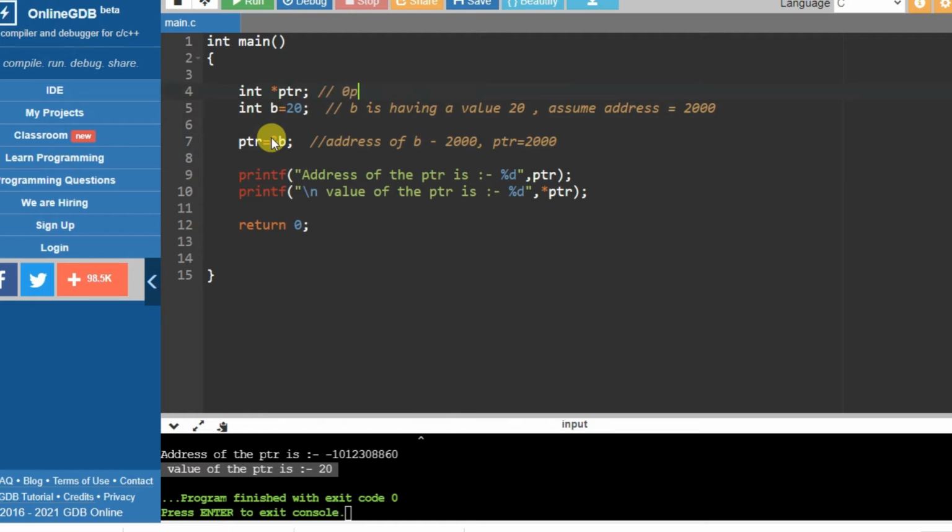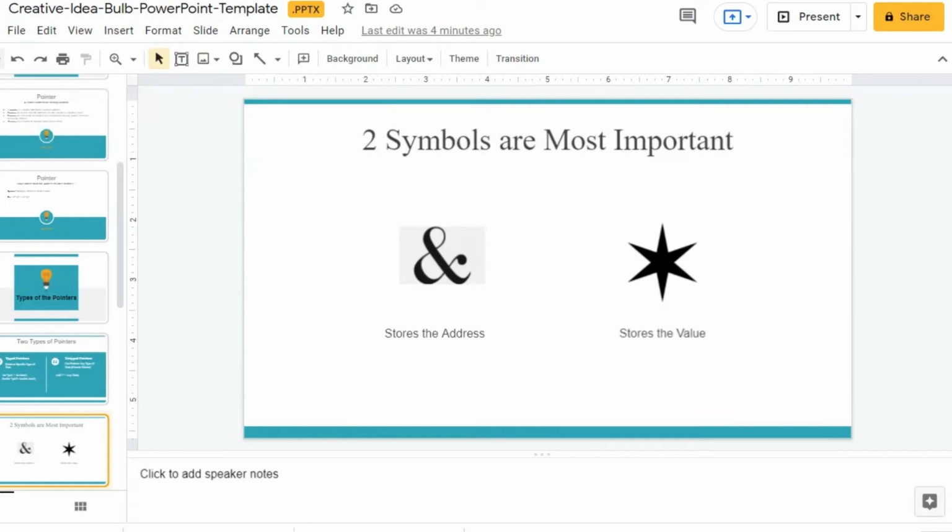Okay, and pointers, so here this is the pointer. Here ptr is an integer type of pointer, so it's storing the address of the integer variable. And when we are using star ptr, our pointer variable is pointing to the memory address of 2000 and it's printing the value. When I am using only ptr, it's only showing us the address of b. So this is the significance of using the star and ampersand operators.